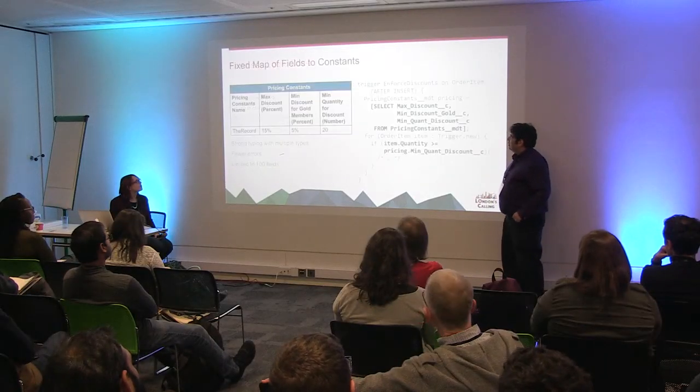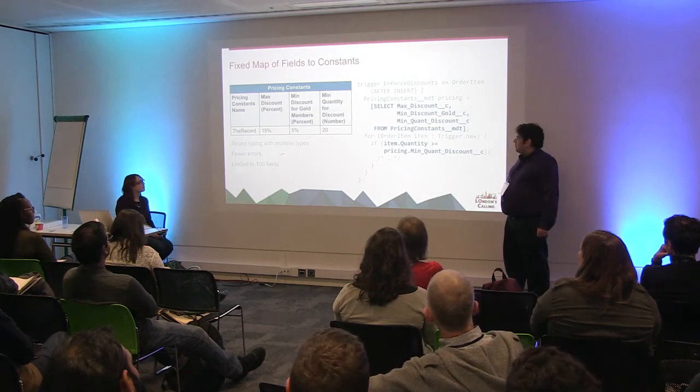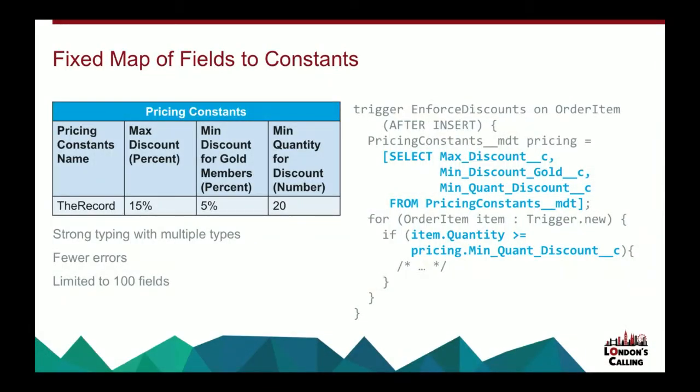Let's go on to the next one. There are kind of two ways to implement this. The first is what we're seeing here, which is kind of a fixed map from fields of potentially different types in a custom metadata type. So here are our fields to just constant values. In this custom metadata type, we have a single record, and we have some constant values for each of those